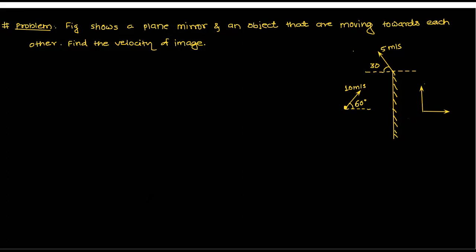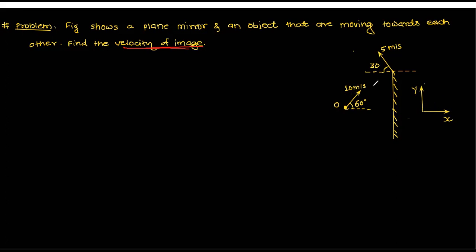So that you can understand where is which axis. So here it is y and here it is x. So now you understood from this diagram what? Tell me. This is object, and what he is asking, velocity of image you have to find. What you have to find? Velocity of image. Here is just axis.